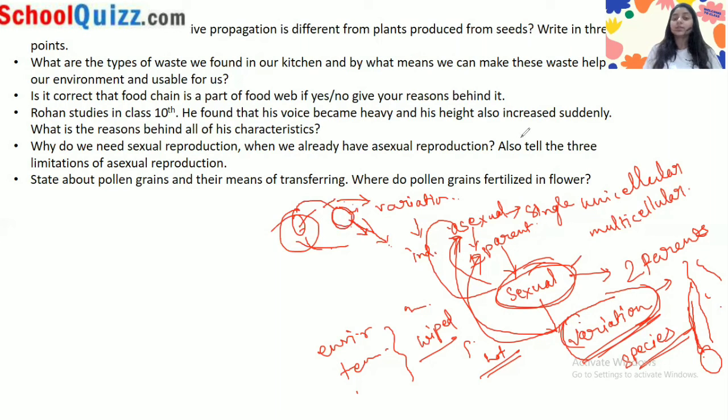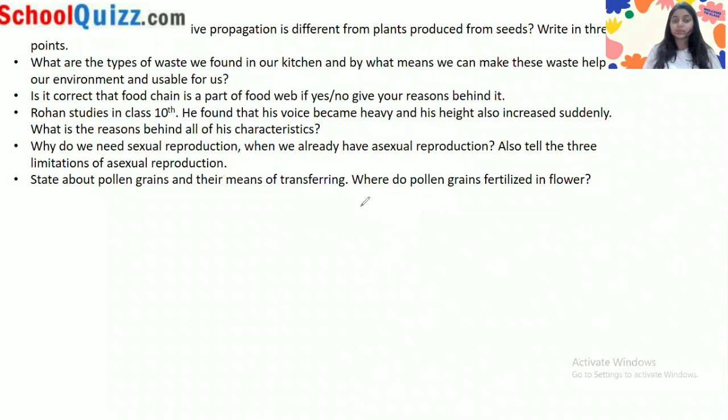Now in the next step you have to tell them the 3 limitations of sexual reproduction also. How we can write them, we will see in our next video. So till then, just revise all those things which I told you, and just divide all the questions also and how to write,